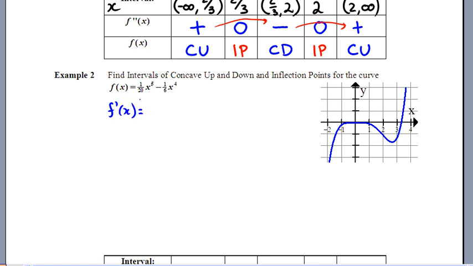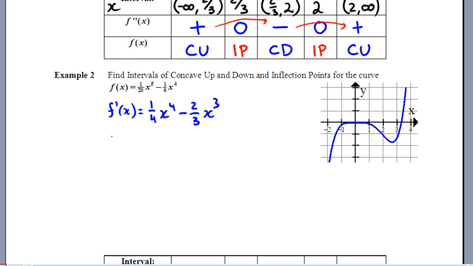If I do one derivative here, the 5 comes down. It starts to get a little better looking. I have 1/4 x to the 4th, and now the 4 comes down. That'll be 4/6. Hey, I can call that 2/3 x cubed. Okay, that'd be fine if you only wanted to talk about intervals of increasing and decreasing,